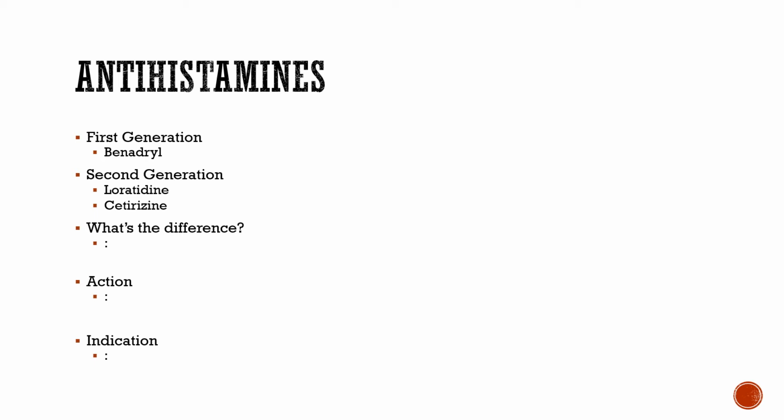Diphenhydramine is a common over-the-counter medication. We can take it for all kinds of things, and it's also very commonly found in combination meds as well, especially if it's a sleep aid, like Tylenol sleep aid, or if it says sleep aid, most commonly it has diphenhydramine in it. Our second generations are loratadine and cetirizine,